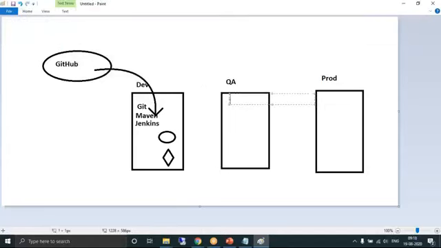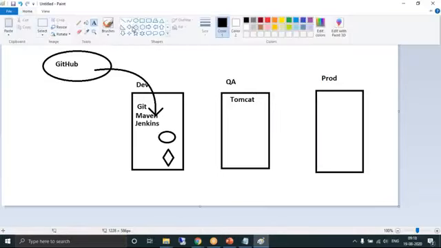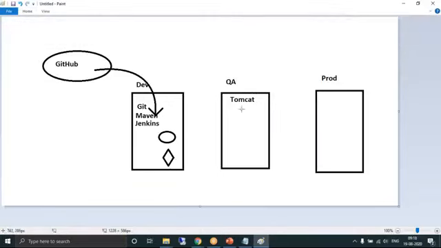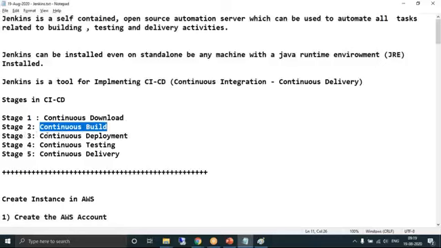So what we'll be doing? We'll be installing Tomcat, and then we'll deploy the artifact. Whatever artifact is created in the dev server, we'll deploy it into the QA server. Then the application will be running in the testing environment. Then the testing team will come into the picture, and they create the test scripts and run the test scripts so that the application is tested. This process is called continuous deployment.